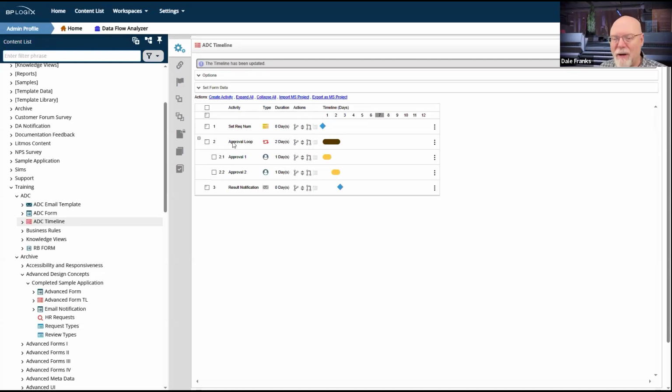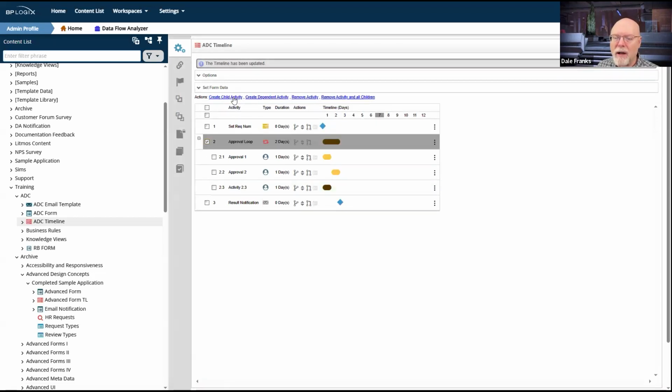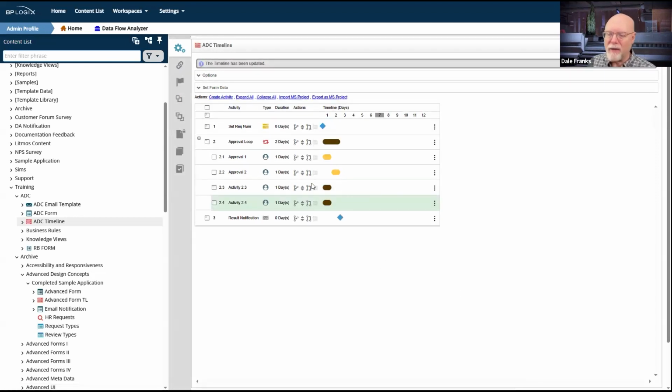So that's 4 activities. I've got 2 already configured here. So I need to have 2 more child activities in this process timeline. So we're going to go to our approval loop. We're going to create child activity. We're going to click on here again, approval loop, check it, and create child activity again. And that creates my 2 child activities. Since I've already got these 2 that are already built, I'm just going to go ahead and drag and drop real quick and add my dependencies.